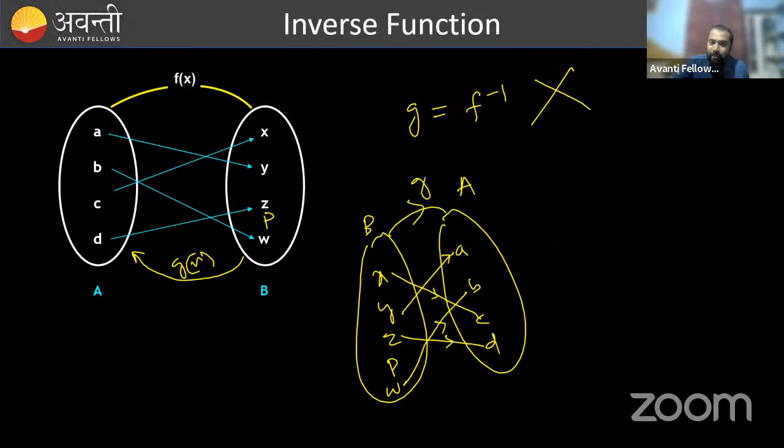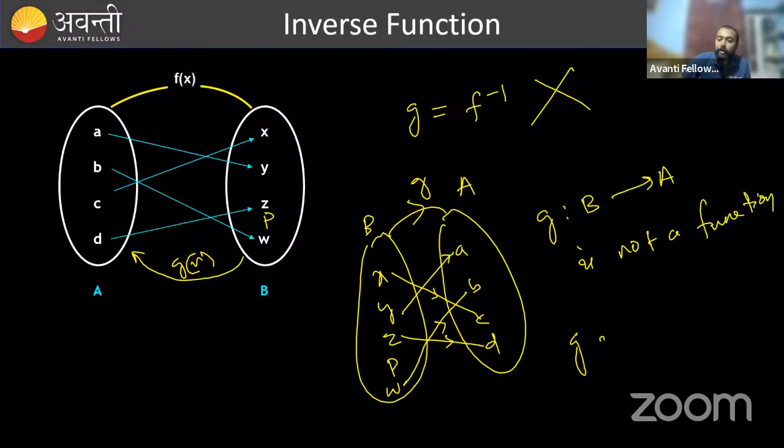This G mapping from B to A is not a function. That's why G is not the inverse of F. Clear everyone? So you can see here the function is not onto,